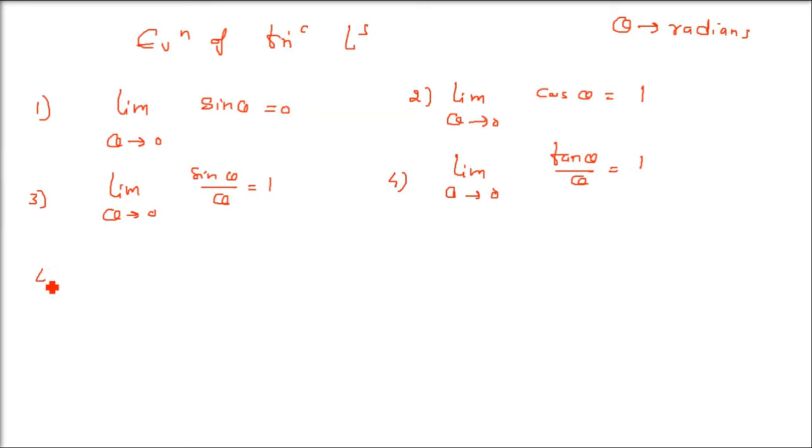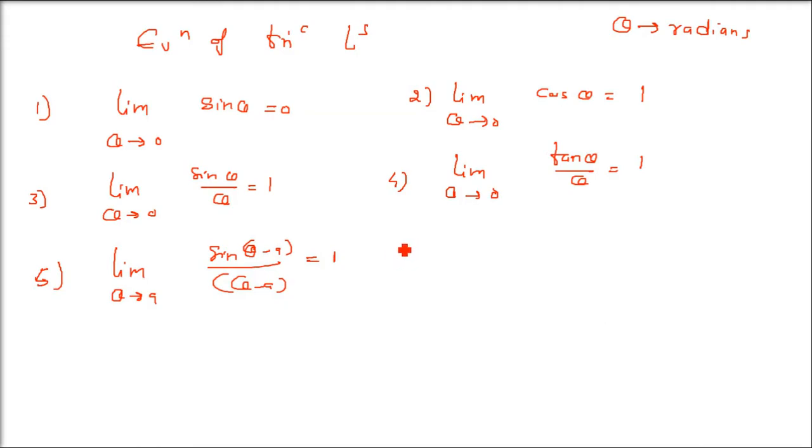Let us take one or two more. The variation is that if we write sin theta by theta as sin of theta minus a by theta minus a, where a can be any constant, we will change the limit also. It will be theta tends to a, then only it will be 0 by 0 form. So this is going to be again 1, like the third one.